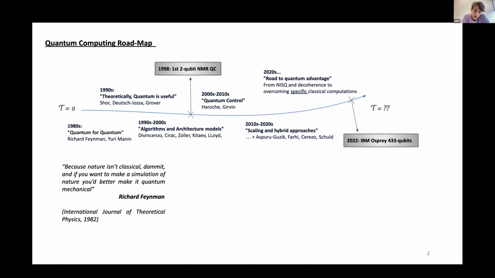Then, two decades ago, we go through this whole era of quantum control, in which we demonstrate that we can control quantum matter. We can deal with light, superconducting devices, trapped ions,